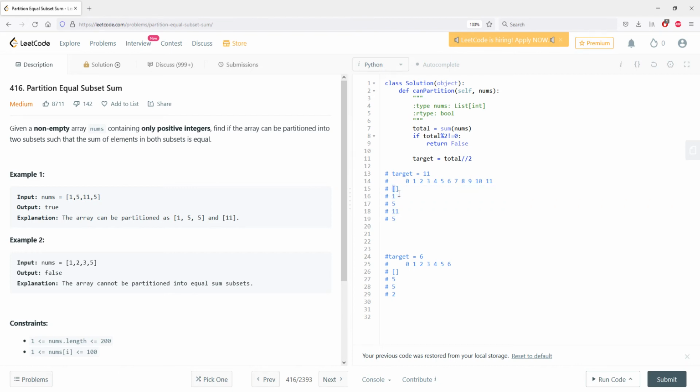So we have an empty array, and here we have a subset of just containing 1, and then this subset would be basically 1, 5, and this subset here would be 1, 5, and 11, okay, etc. So basically, using these subsets, is it possible to total to all these ranges,